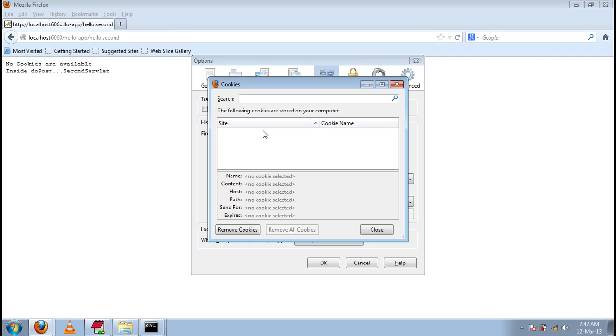Let's consider that ICICI people will tell you that yes, I'll maintain the session for 2 minutes. If you are idle for 2 minutes, then you will be logged out. If you access the application before 2 minutes, you can straight away access the application. This is the demo that ICICI has given you.